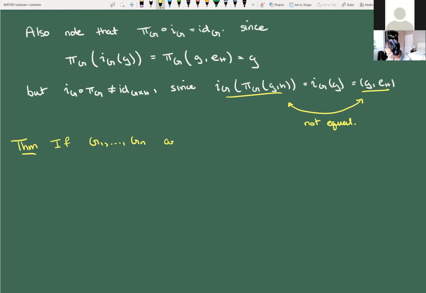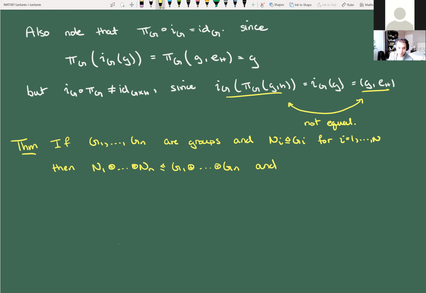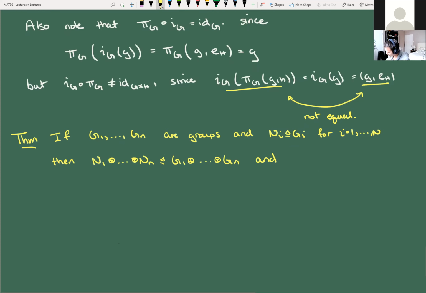So if G1 through Gn are groups, and Ni is normal in Gi for i equals 1 to n, then N1 plus ... plus Nn, maybe n was a bad choice, but whatever, is normal in G1 plus ... plus Gn. Okay, so we have two results here. Basically, the direct product of normal groups stays normal. And then secondly,